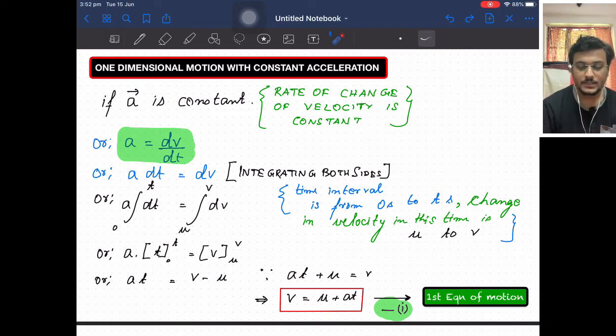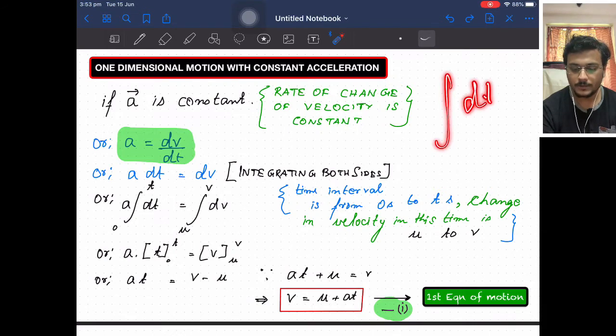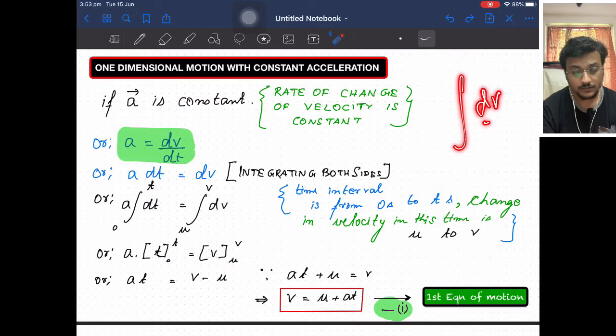A into dt, that is, we are differentiating acceleration into time, which is equal to dv. Now on the left hand side we have the function dt, and on the right hand side we have the function velocity. A few minutes ago we saw that integration of dx gave us x. Similarly, integration of dt will give us t. And in the same way, if we integrate the velocity function, dv, then we'll end